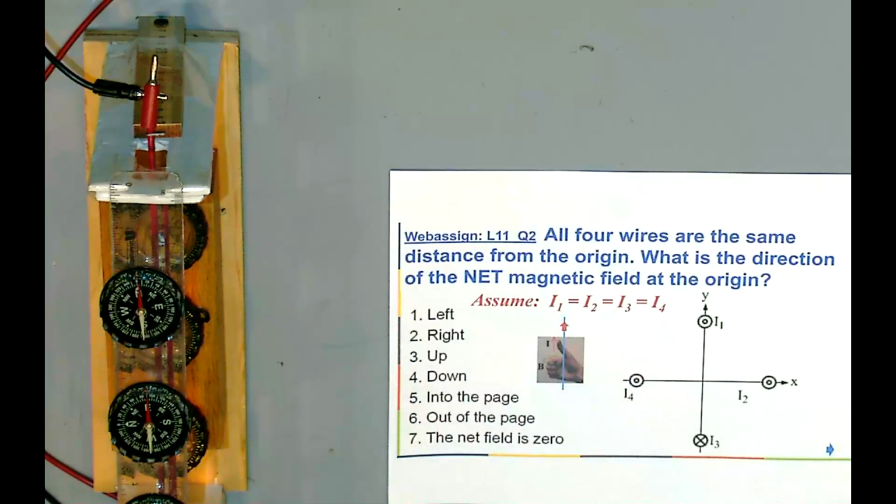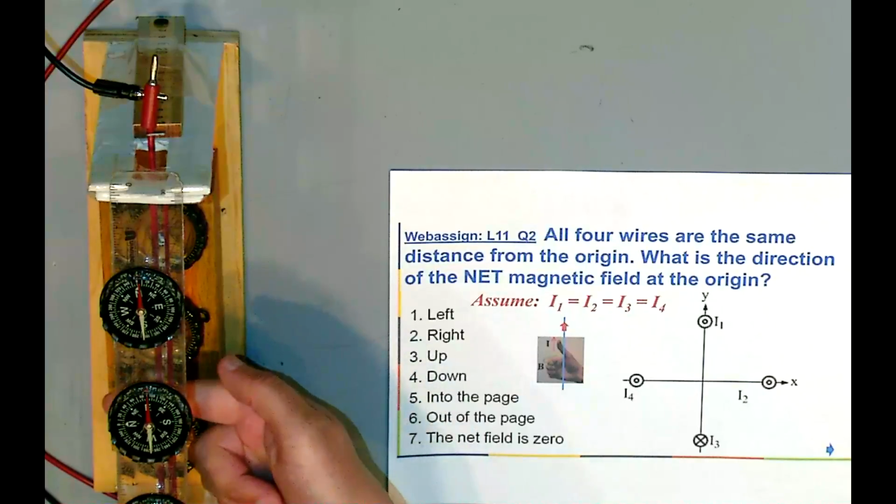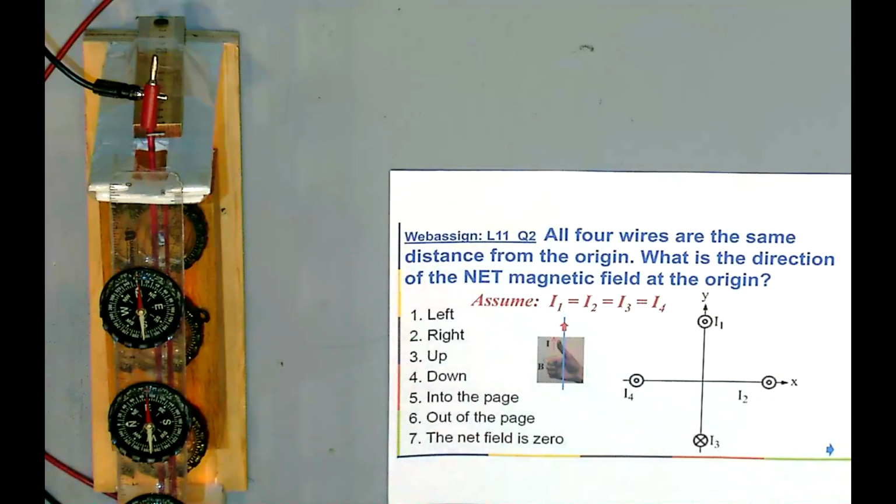This direction has a special name relative to you. How do we call it? Counterclockwise. So if one asks you what the direction of the magnetic field about this wire is, you should say counterclockwise from your point of view. So what does it mean? It means below the wire, the magnetic field points, how do we call it? To the right. But above the wire, the same magnetic field should point to the left.